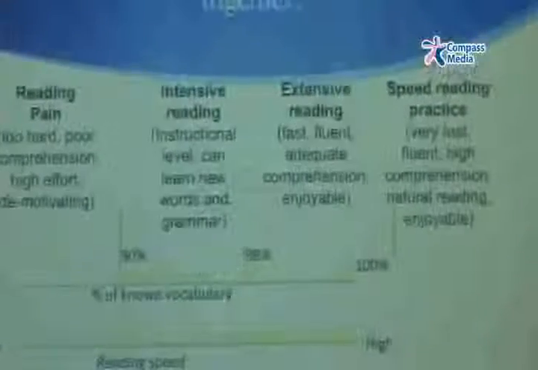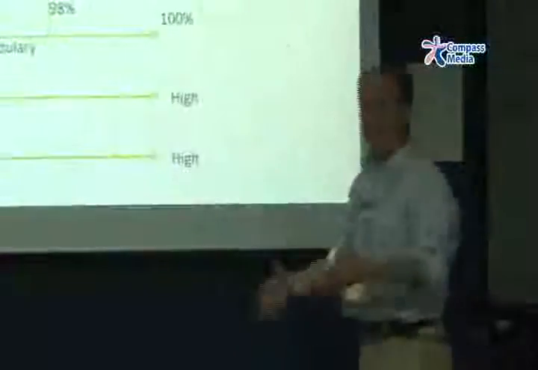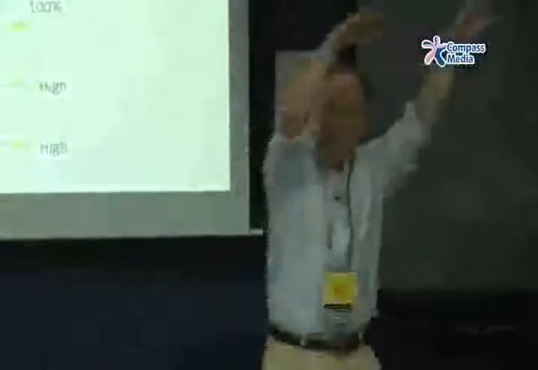So if they already know 100% of the words, then we could say it's speed reading practice time. They can actually practice their speed, build up from 80 words a minute to 90 words a minute to 120 words a minute. Okay? So there are 4 levels of reading here. And as I say, it doesn't matter if this is a low-level book or a high-level book, it's the same basic idea. Yes? If it's too difficult, it's going to be demotivating. And all the way up, you need to find that sweet spot where they can read it.